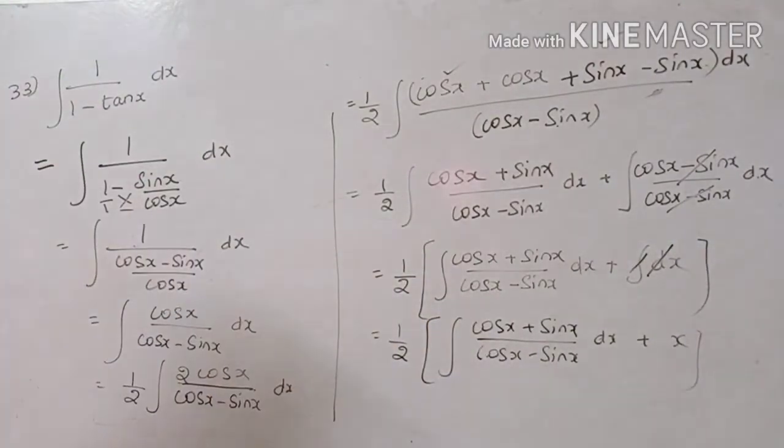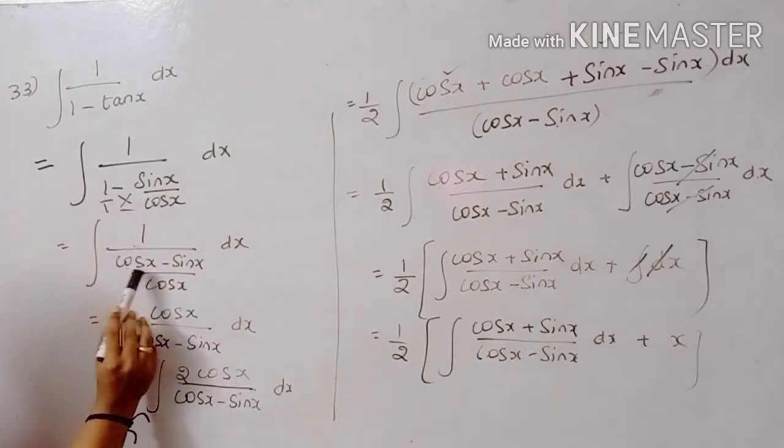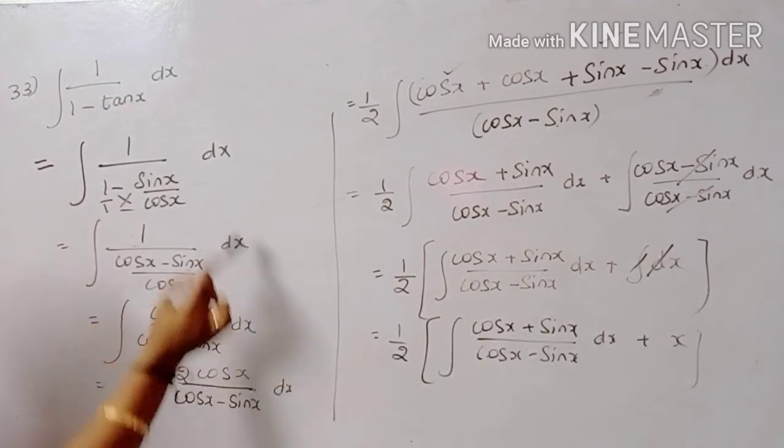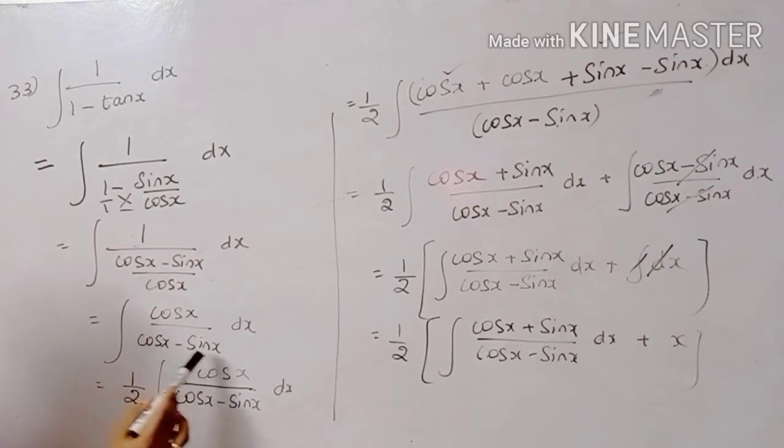So now 1 divided by 1 minus tan x irukku. So tan x எப்படி எழுதுறோம்னா sin x divided by cos x னு எழுதிறோம். So இப்போ next என்ன பண்றோம்னா இந்த cos x cross multiplication பண்றோம், cos x minus sin x divided by cos x னு. So இந்த cos x numerator க்கு வந்துரும், cos x divided by cos x minus sin x, add and multiply